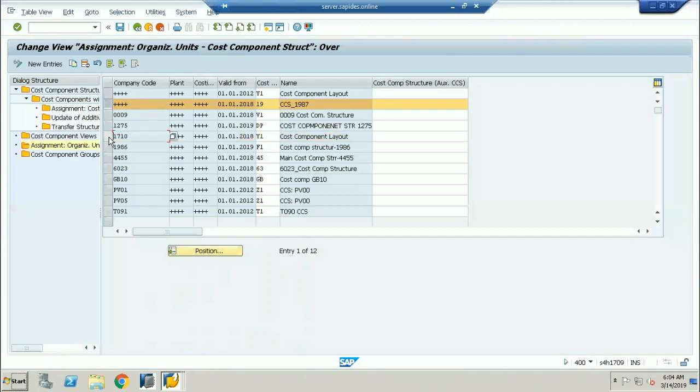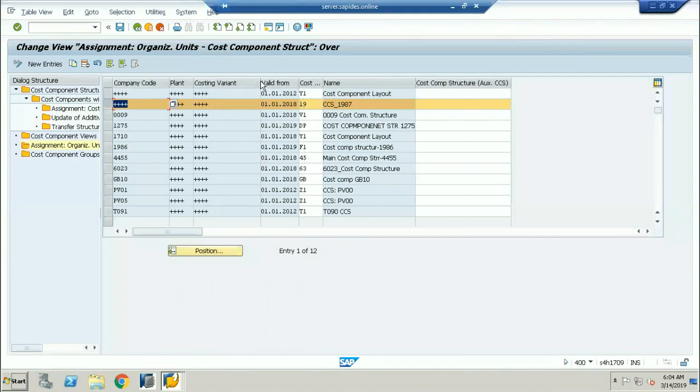So my question here is, why should we assign to all the company codes? Because if a number of company codes are assigned to one controlling area, one more time I'm explaining, then it is mandatory that you assign all the company codes to one single costing variant. So you can see here, 19 is going to be a cost component structure, and this cost component structure you are assigning to the